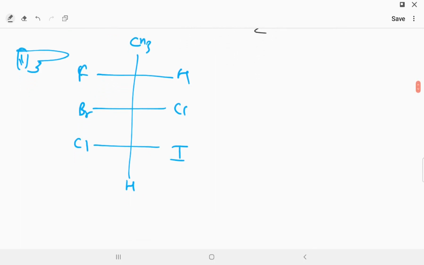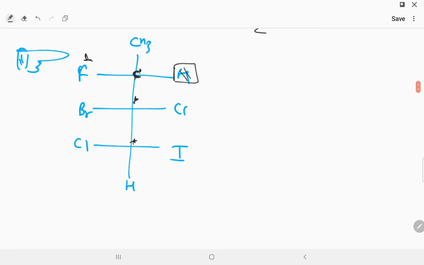Now you are able to see that this is a chiral carbon, this is a chiral carbon, this is a chiral carbon. First of all you have to check whether the carbon where you find the RS configuration is chiral or not. If the carbon is chiral then you can find the RS configuration, otherwise you cannot. Okay. Now we have to select the least priority group. Again we have to find the higher atomic mass as number 1. Okay, this is number 1.